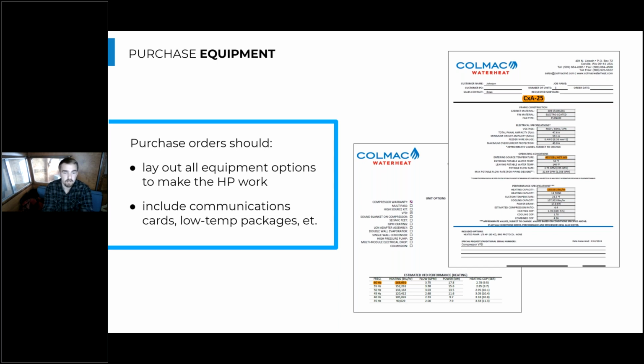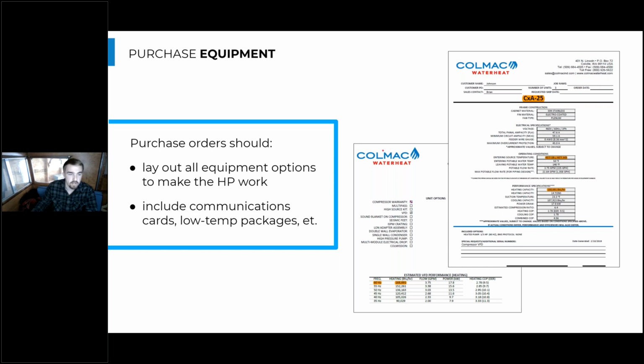So if you have really good standing with one person, that might not mean that all of your needs in that purchase could correctly get relayed to the manufacturer through someone else in that agency. So you want to make sure that that's really clearly laid out on your purchase order and matches your submittal